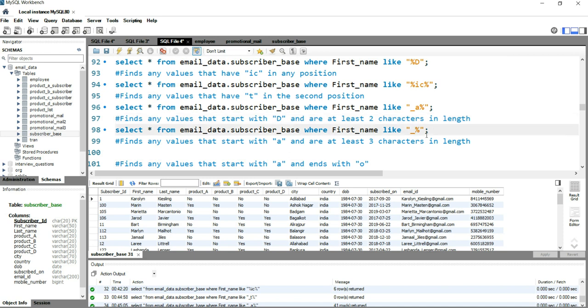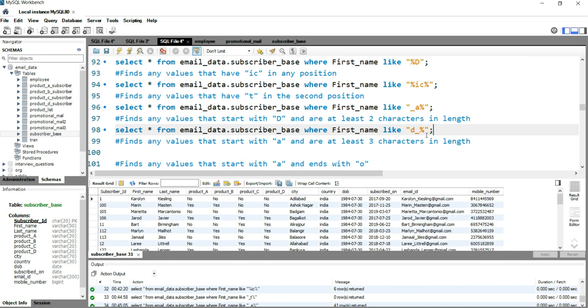So what we'll do is we'll put D underscore. This means that it will search for all those names and filter out only those names which start with D, and have at least another character after D.